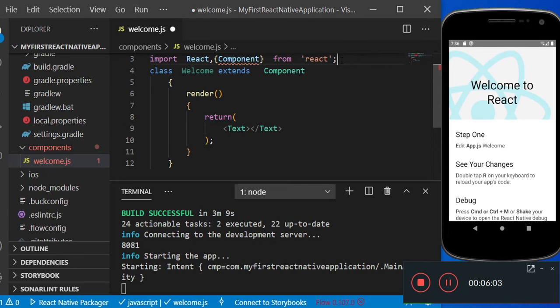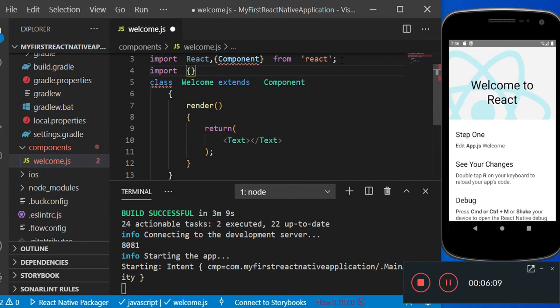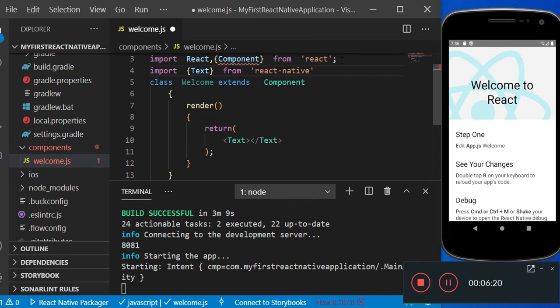Okay, so if you want to import the text component, then how to write it? Here we write import, and then which component do we have to import? Text, as far as this example is concerned, and its definition is stored in the React Native module. So this text is an inbuilt component. Why do we use this? Because we have to display text here on the emulator. So what text do we have to display? We have to display hello world.